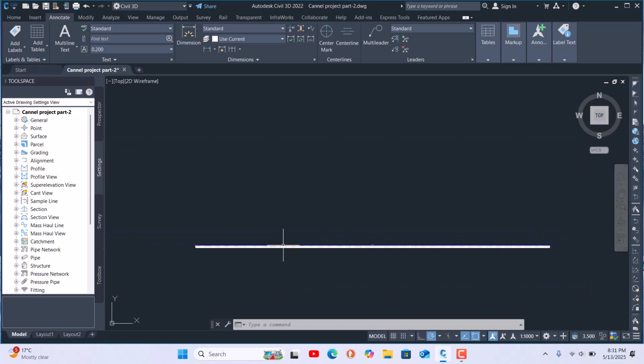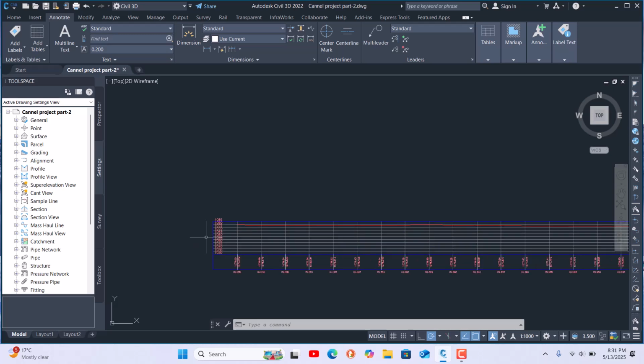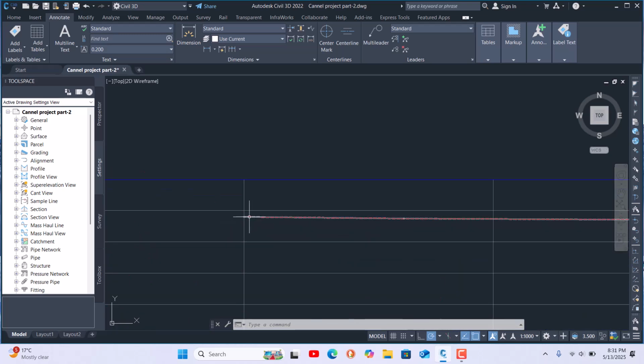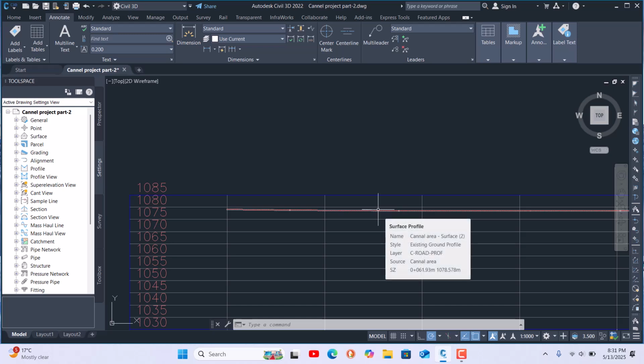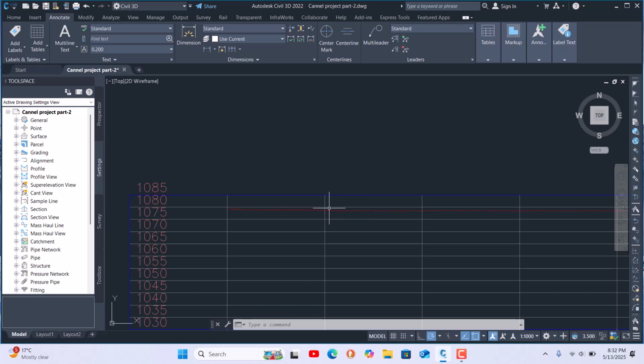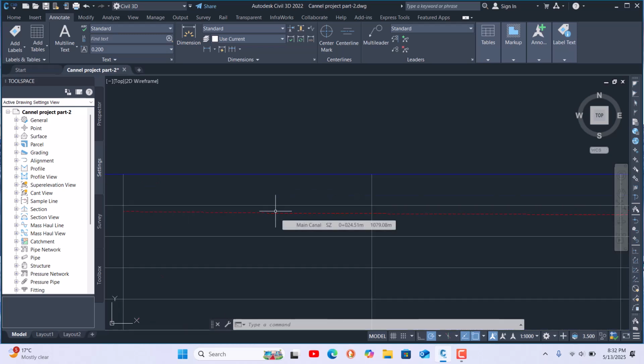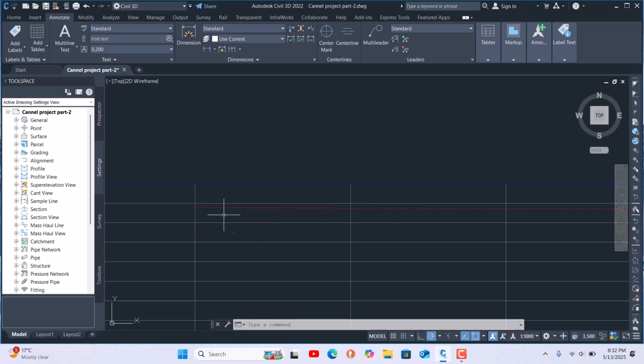For the design profile, I suggest you create a polyline on our surface profile, and then make the offsets as you like, depending on the depth of your canal, like 1 meter, 2 meter, 3 meter, 5 meter. I'm choosing only 1.5 meters here, but it would take much time if I draw the polyline here.